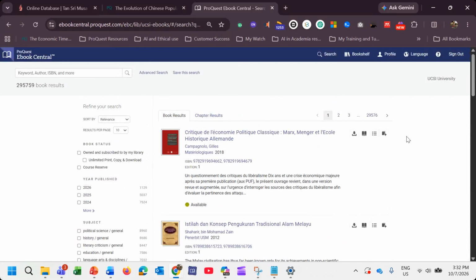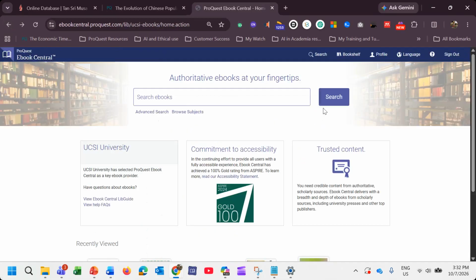But if you want to discover the books and you are new to this platform, you probably have a couple of ways. Number one is to use the browse subject.